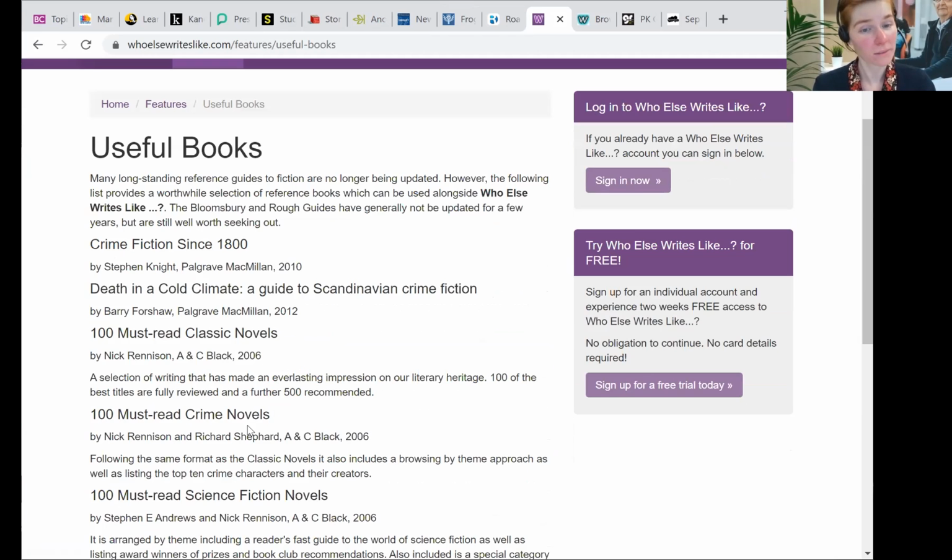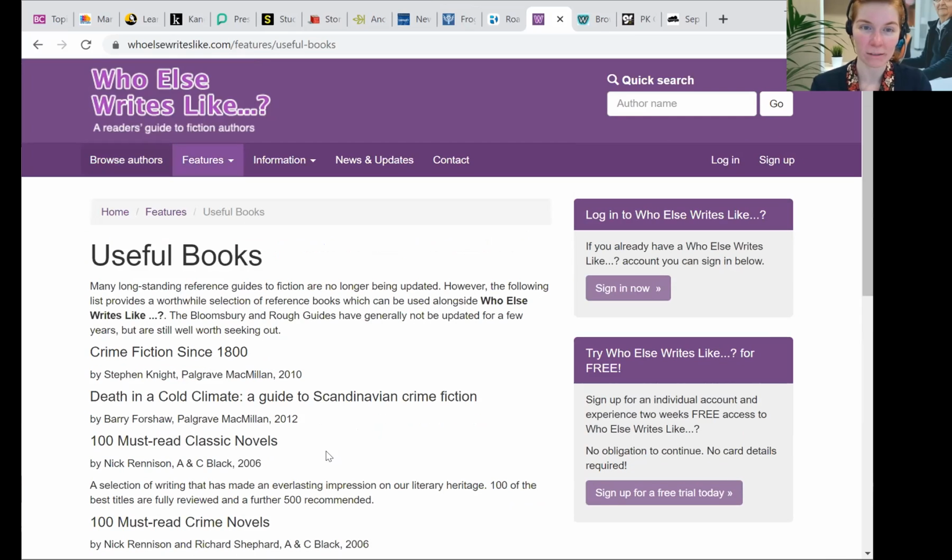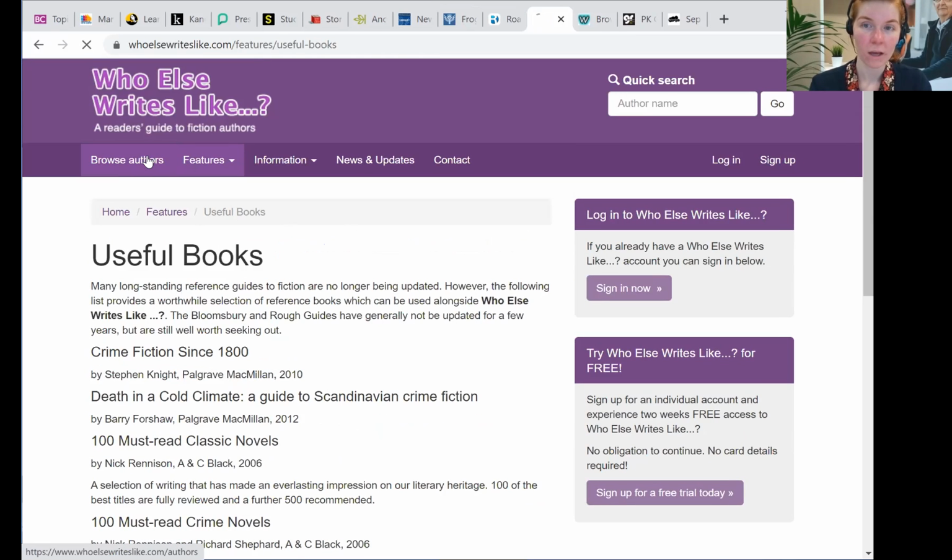Must read class. Oh no, this is very helpful. Oh, a reader's advisory guide to mystery. Might actually get some of these for the library. This sounds very good. Okay, so let's say we love